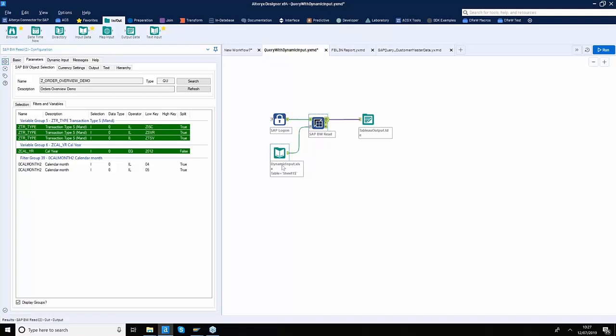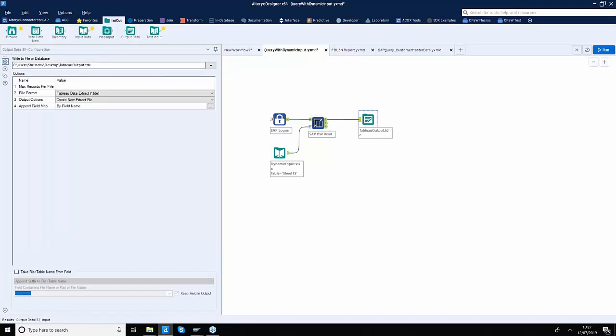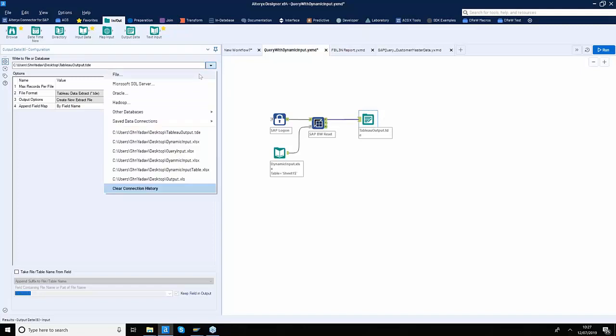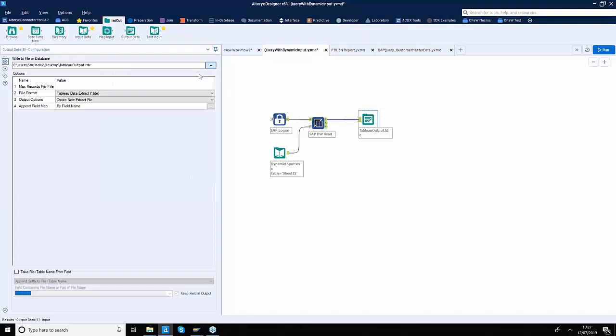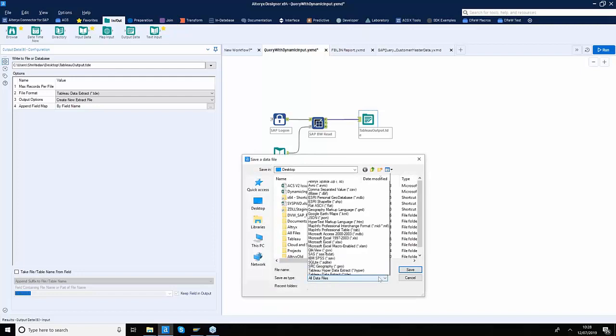So this is how you can actually bring the dynamic information, and you can change the output of your workflow just by changing the input. Similarly, when the data goes out, I have now chosen an output tool here. So the output data tool that you see here, I dragged onto the canvas and I said I want to create a Tableau output. So again, very powerful tool, and it has got a huge number of options.